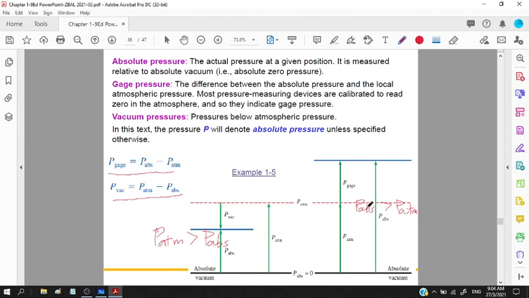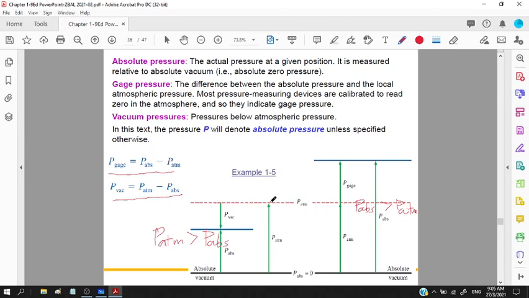The difference between P ABS and P ATM is called the gauge pressure. The easiest example for vacuum pressure is the usage of our vacuum cleaner in our house, whereby we create vacuum pressure inside the vacuum cleaner